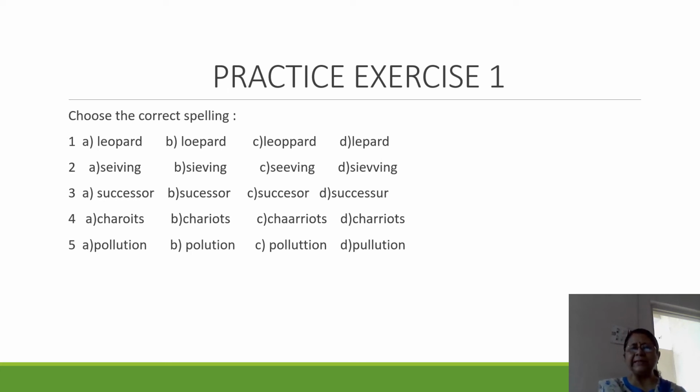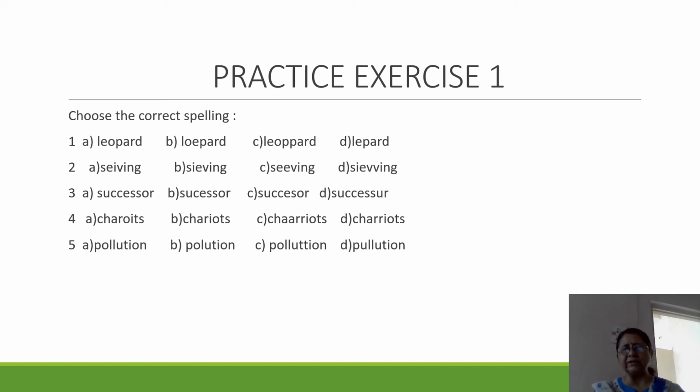P-O-L-U-T-I-O-N, C, P-O-L-L-U-T-T-I-O-N, and the last option D is P-U-L-L-U-T-I-O-N. This one is very easy. Which one is the correct one? Yes, the first one. P-O-L-L-U-T-I-O-N. Now in this type of exercise, I have taken words which were quite easy, but you may get any